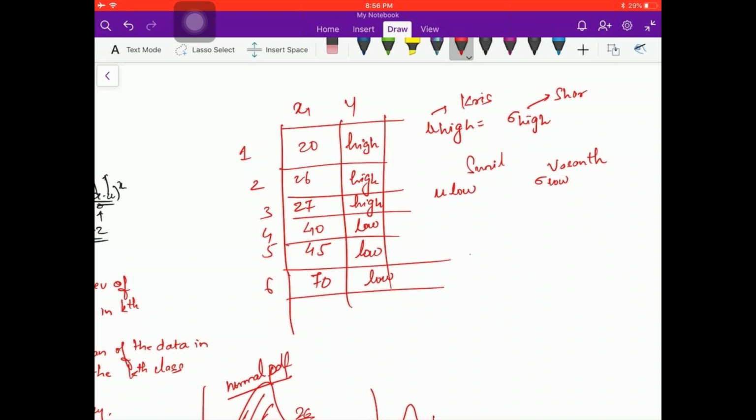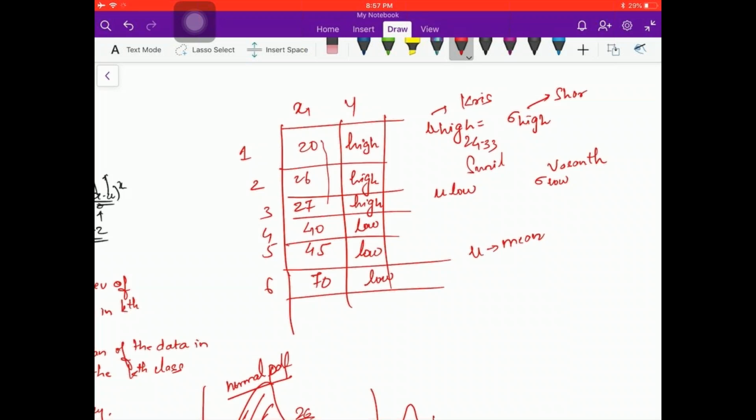Krishna? Yeah, 1 second. Sure. Mu is the mean. It's like 23, 23.5 something. Okay, let's see. 73 by 3 is around 24 point. No, high, right? You want only the high. Yeah, only the high. So this is high, right? Oh, sorry, I missed one more. So 20, 26, 27. Yeah, 73 divided by 3, it's around 24.33, right? So this is 24.3. What is sigma high, Sharad?